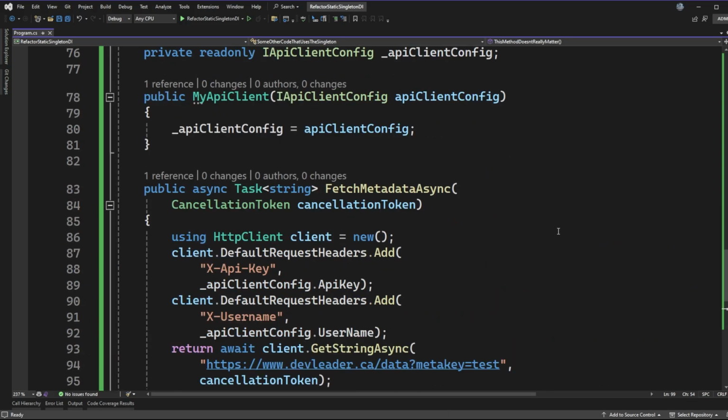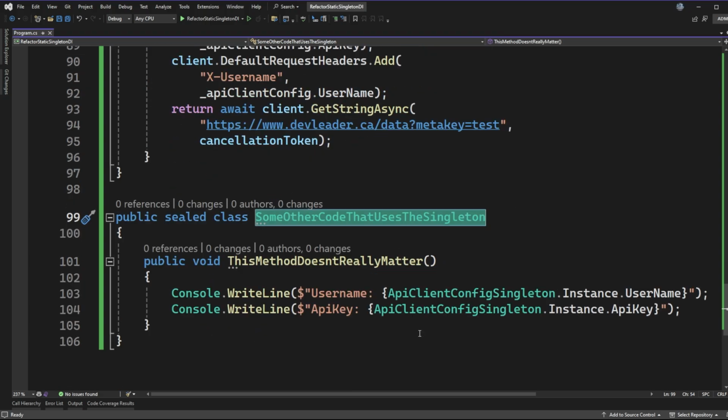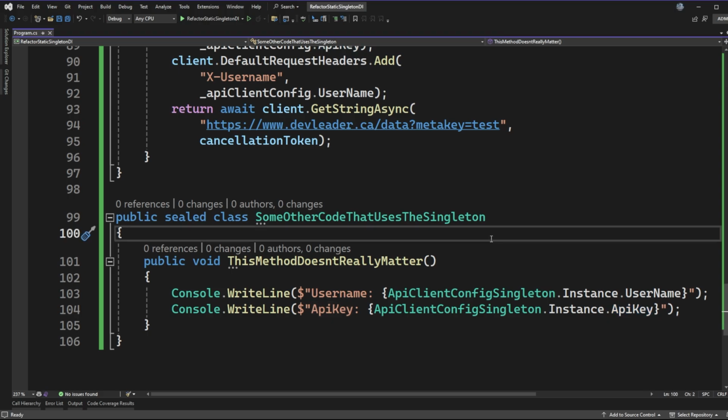If I scroll back up a little bit to this API client, this one we could go write unit tests for and not have to worry about them being interfered with by the static class, maybe someone mutating things or anything like that. This one is entirely isolated and awesome to work with. This one here still runs the risk that if someone could change any of these fields, we could be in for some issues. So the next step, if we could, and we're going to demonstrate that we can, is that